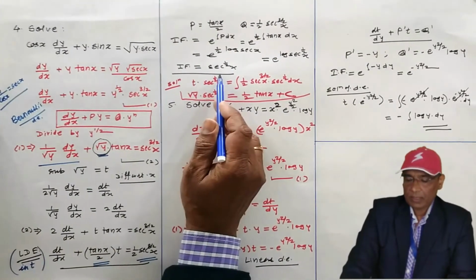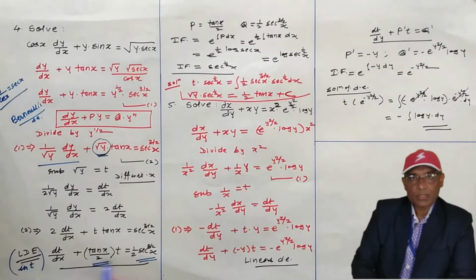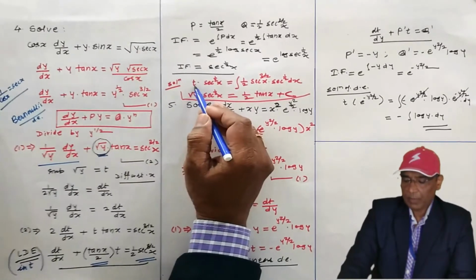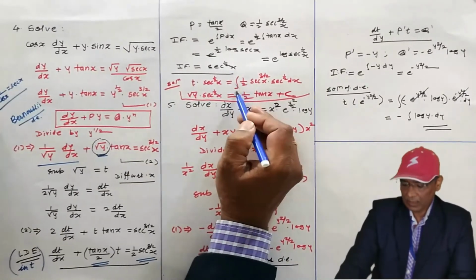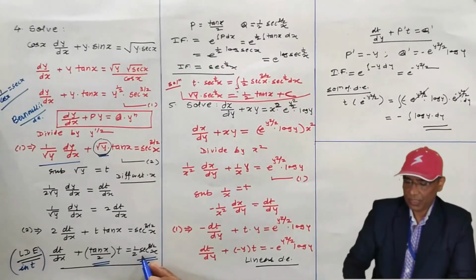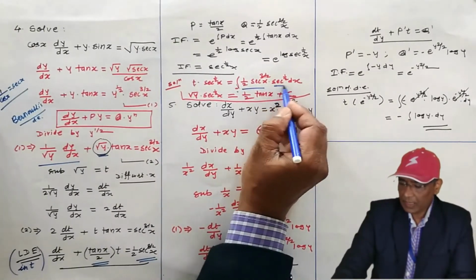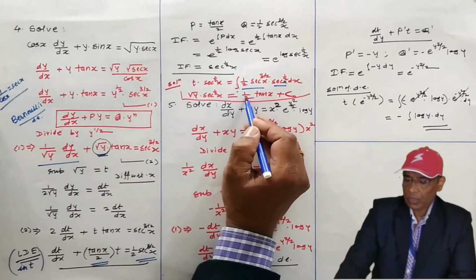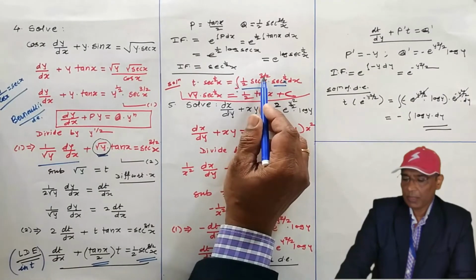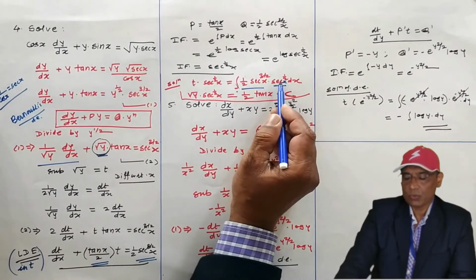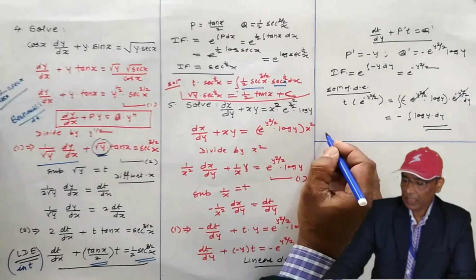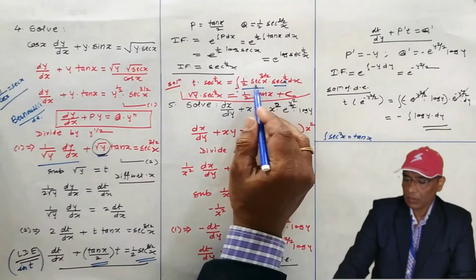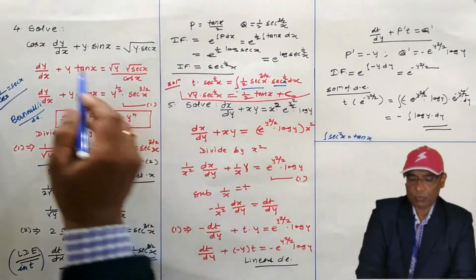Once you get the integrating factor, write down the solution to the linear differential equation, and this is a linear differential equation in t. The solution: t multiplied by integrating factor is equal to integral of Q of the linear differential equation, Q multiplied by integrating factor, sec square x is there. Now 1 by 2 is outside. Sec raised to 3 by 2 into sec raised to 1 by 2 means sec square. And integral of sec square is what? Integral of sec square is tan. In this way we solve this problem.